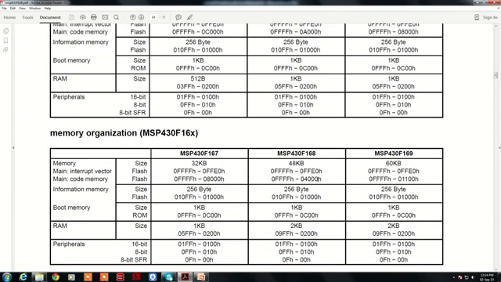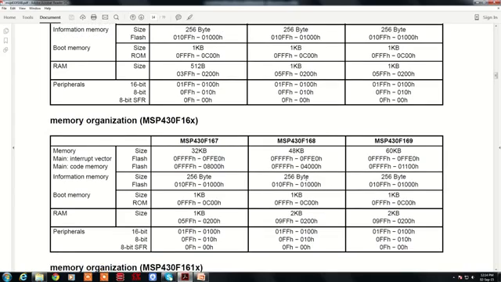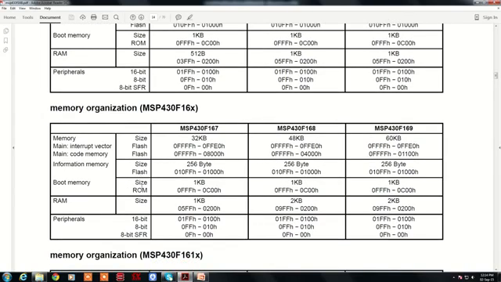And the other memory, which is a flash and ROM space, is there 256 bytes and 1 kilobytes, which is available from 01000 to 010FF and 0C00 to FFFF.